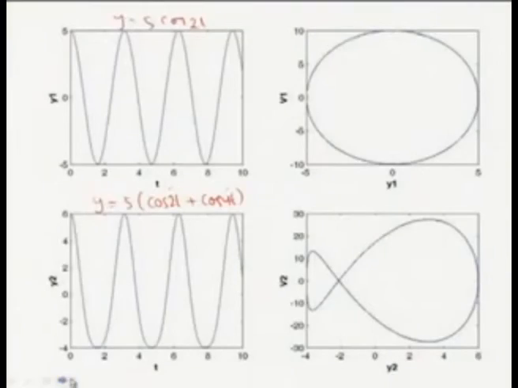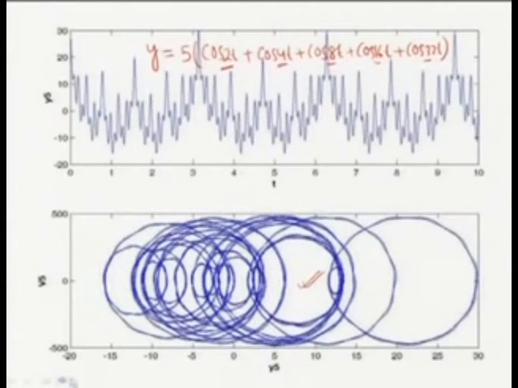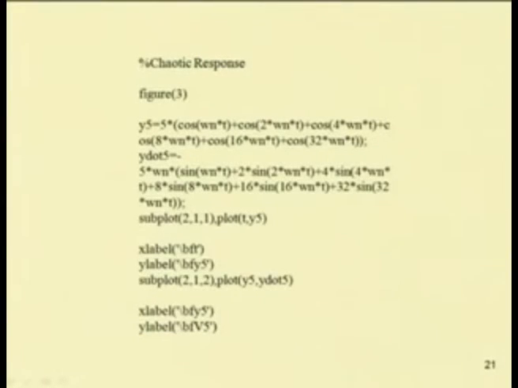So, in the third case, that is in figure 3, for the chaotic response, let us see, okay, it is not there. So, for the chaotic response, you can divide the subplot into 2 parts. So, in the subplot you can write it, okay, 2 1 1. So, the whole screen is divided into 2 rows and 1 column. So, in the first row, that is 2 1 1, the chaotic response is plotted here.